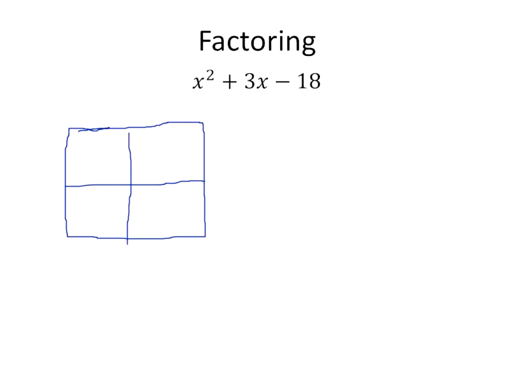What did we do to figure out how the 3x is split? So we know that the x squared goes here. The negative 18 goes here. What did we do to figure out how to split the 3x? What did we do? In other words, what's our next step? I have to make the